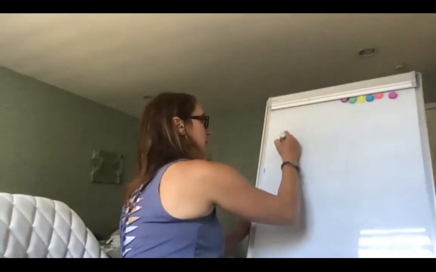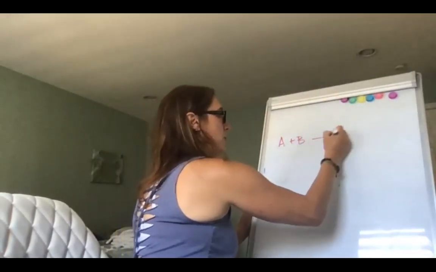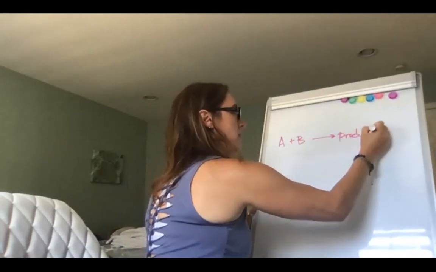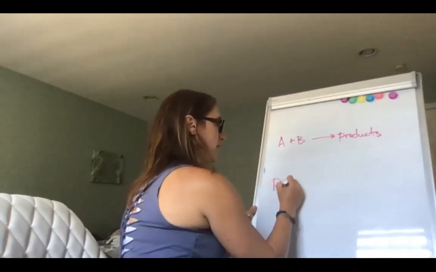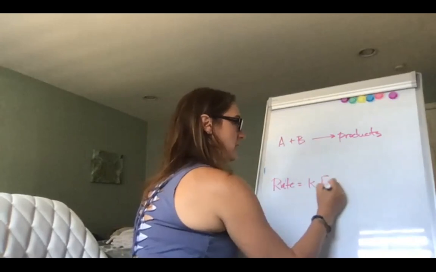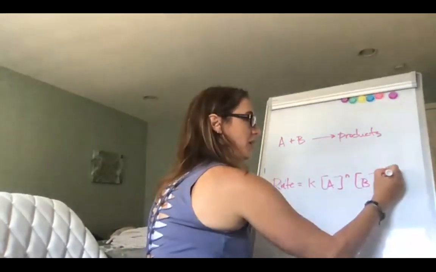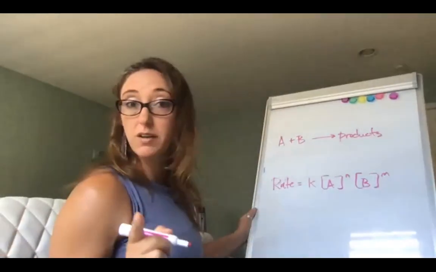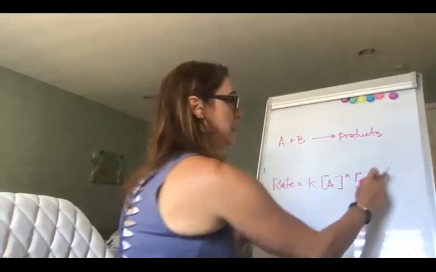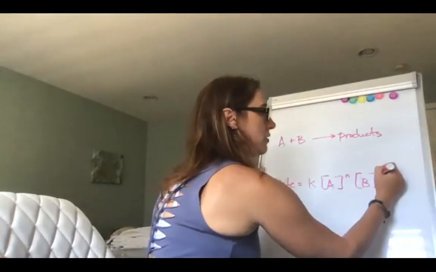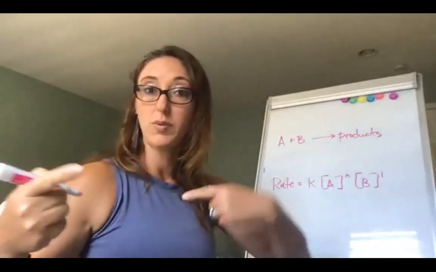So I know that for my reaction A plus B going to products, I'm going to have some rate law expression that's rate equals k times the concentration of A to some power times the concentration of B to some power. Now, I just figured out by analyzing that data that this power for B is 1, because when I double B, the rate doubles,